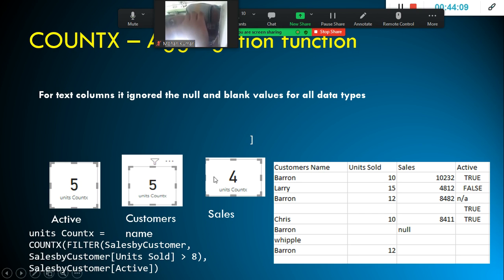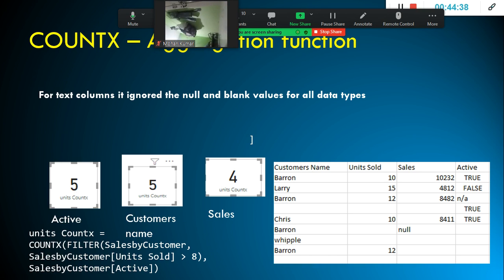When you use greater than 8, automatically it gets applied on the customers. The condition is greater than 8, so here you have 7. Of these 7 you have 2 blanks, here and here. So 5 customers are the non-blank values.